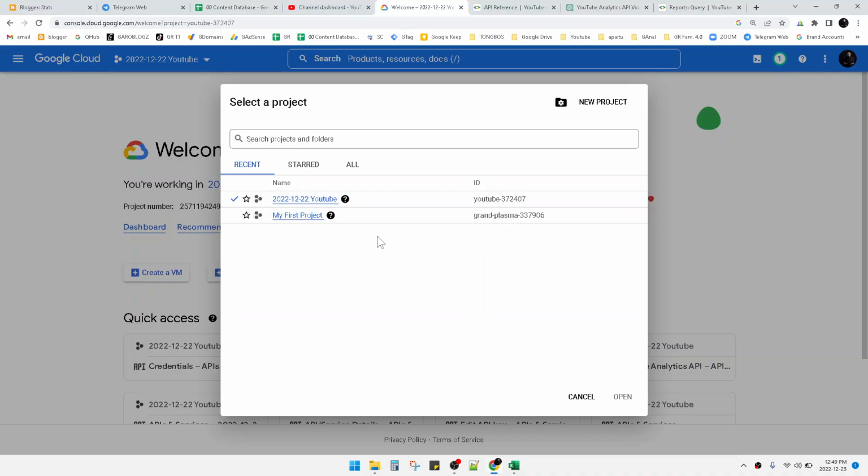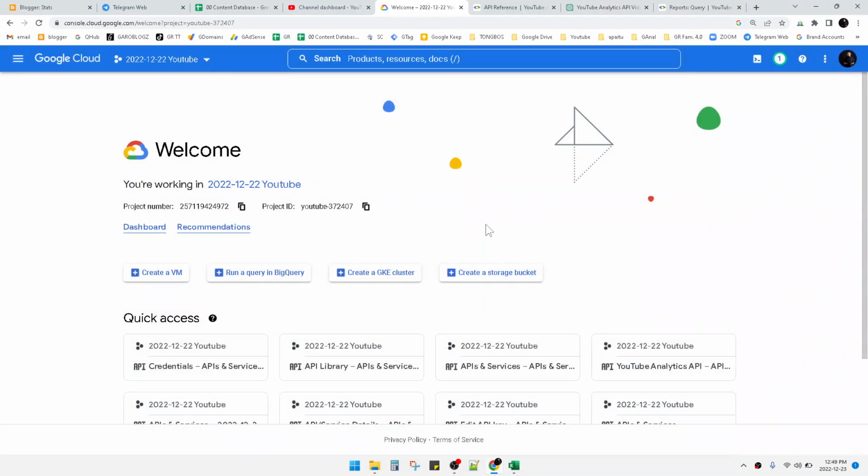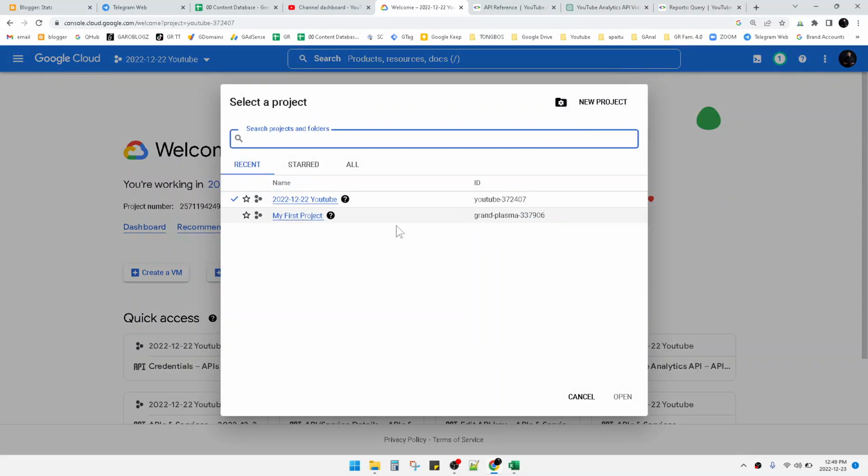You go to your Google Cloud platform. Make sure you already open this kind of window, and then on the left here you can create new project or use existing project. For me, for this example, I will create new project,